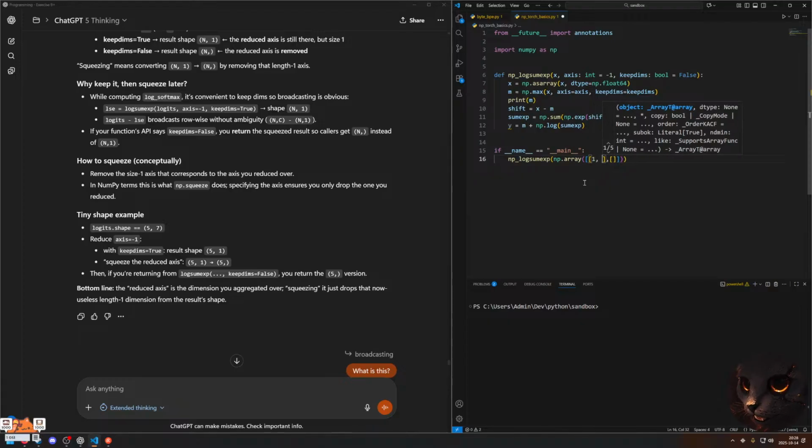So let's say 1, 2, 3, and 4, 5, and 6. And let's say axis -1 to keep that as the default, and set this to true to keep the dimensions. And then if we run it,